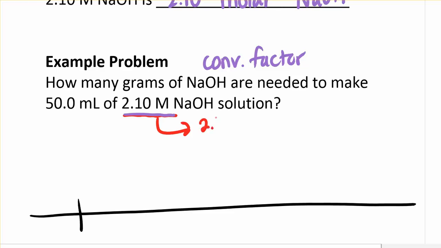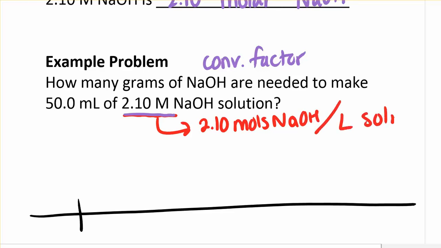It is 2.10 moles of sodium hydroxide per 1 liter of solution. So we don't want to start with that number. That's 2 units. We want to start with the 50 milliliters of solution, which is just one number, 1 unit